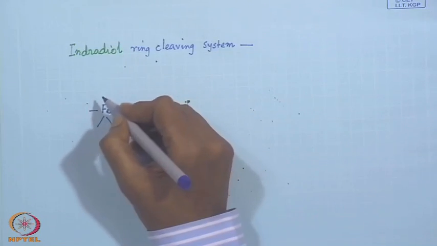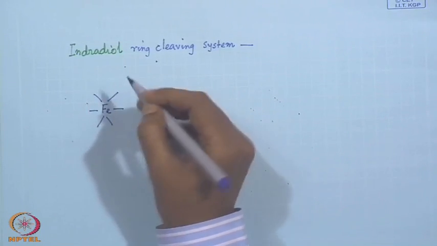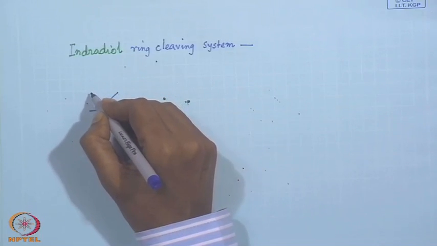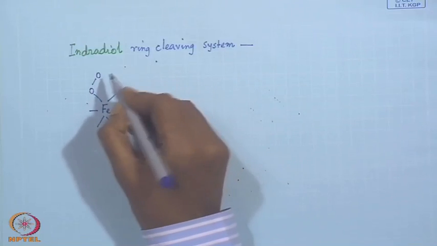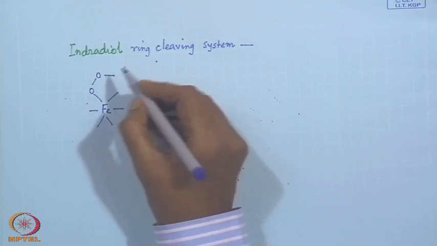So, if you just write this hexa coordinated site like this, you have oxygen. So, you have a peroxy link, and that peroxy link